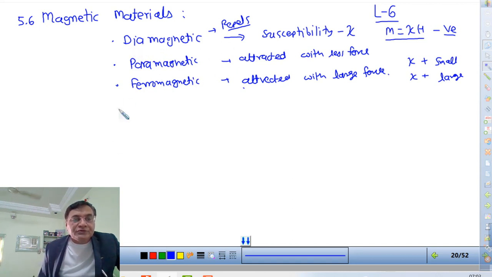So first we focus on diamagnetic. First we focus on diamagnetic materials. See, diamagnetic materials word and diamagnetism nature